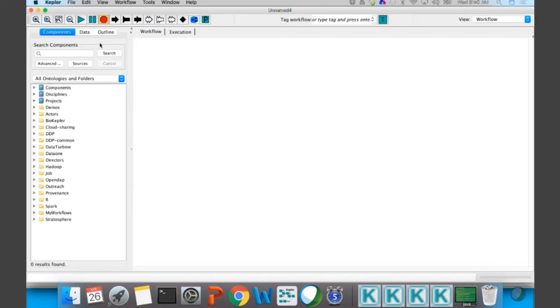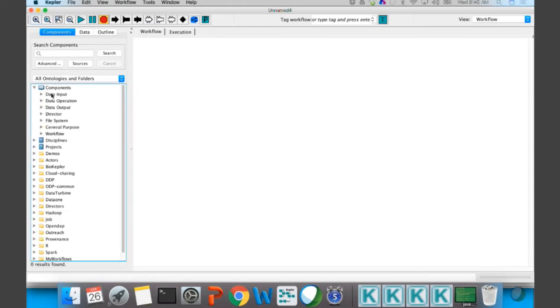This is the component data and outline area, which has a search function and a library of components that are all already included in Kepler for ready-to-use purpose. Like if you go into the component section, you can see various actors, actors clubbed into different categories, like data input actors, data operation actors,